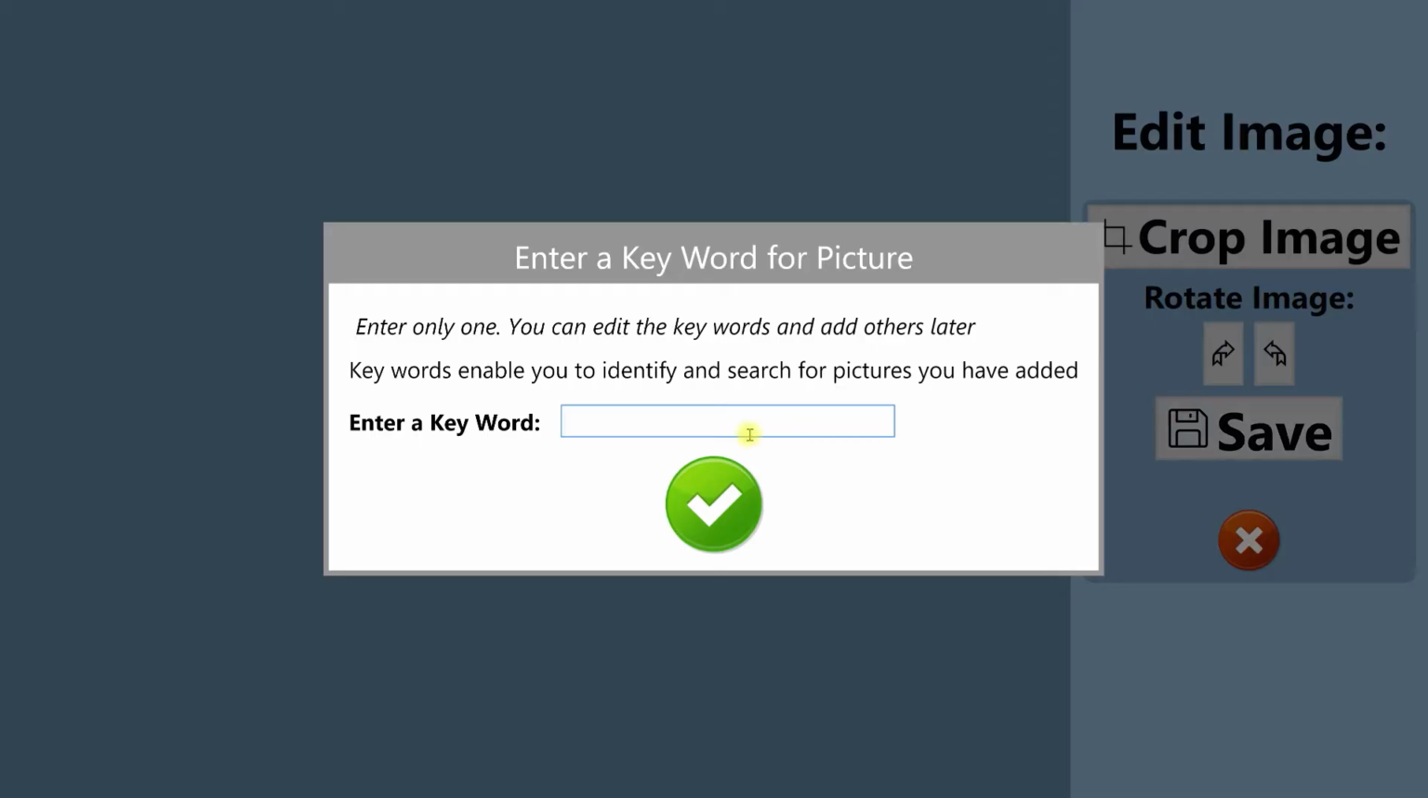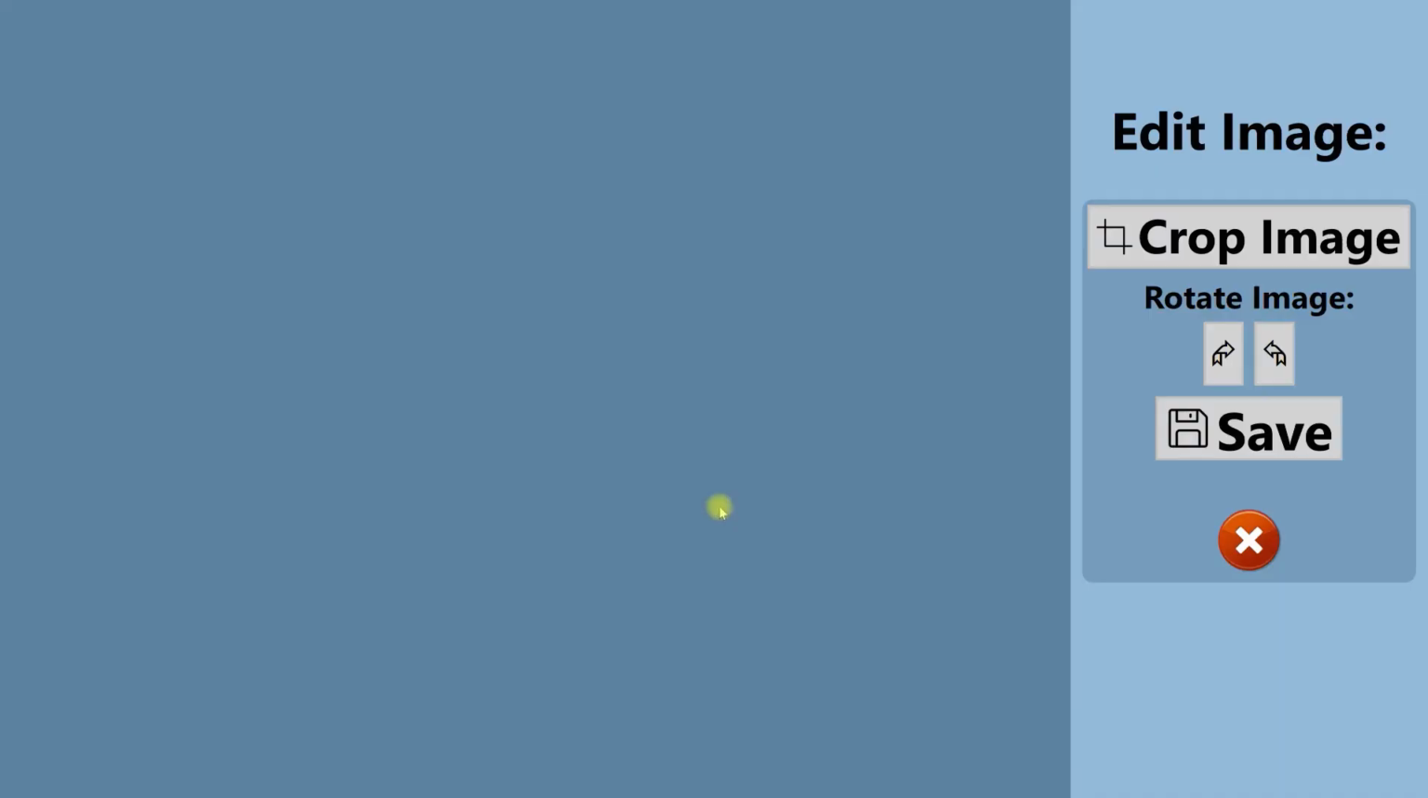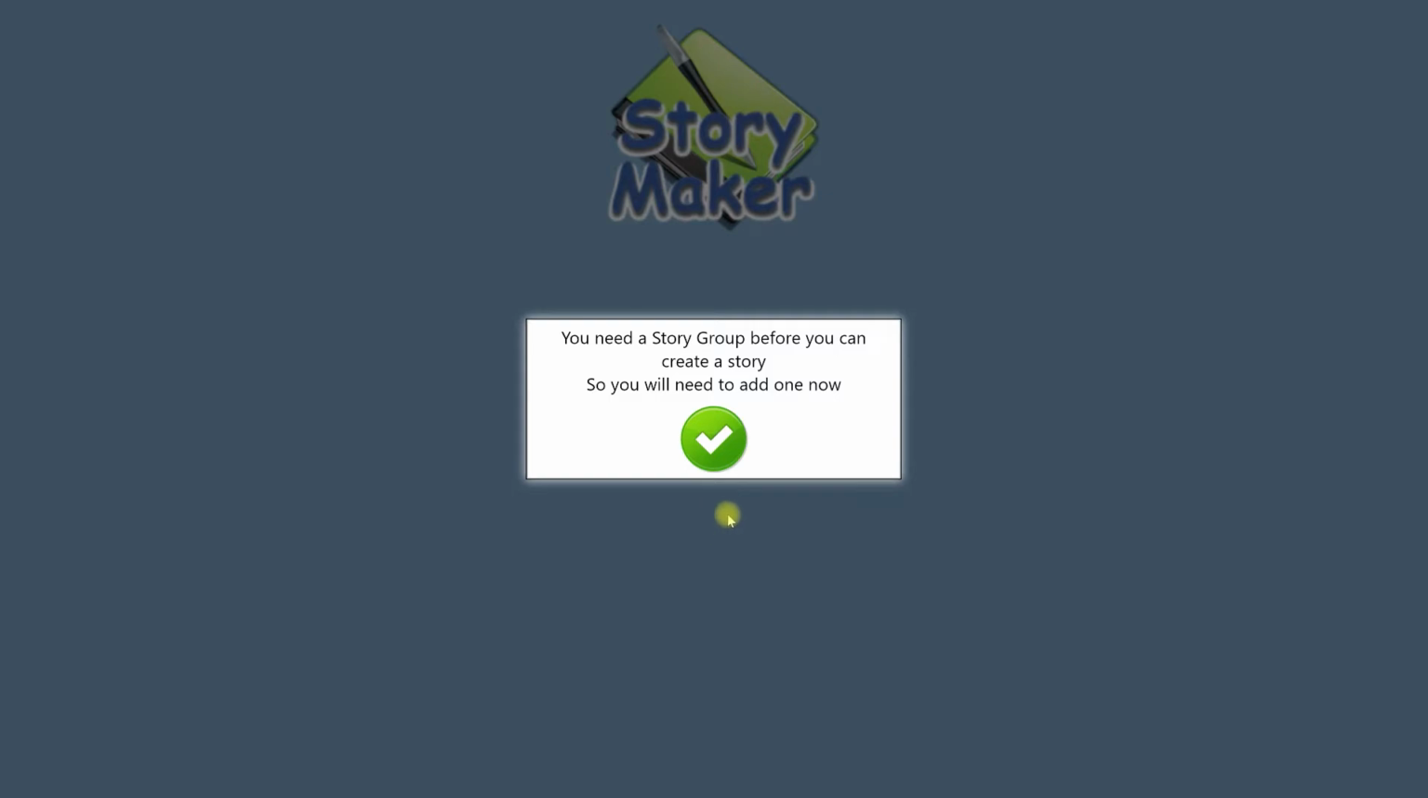and then save. Now every time you save a picture in StoryMaker, it's going to ask you to put in a keyword for that picture. So in this case it was the name Helen, and it's a good idea to do this because it means in future anytime that word is typed in, that picture will appear for that word as an option to use. So if you're happy, then hit the tick button, and then it's asking us for our first story group for